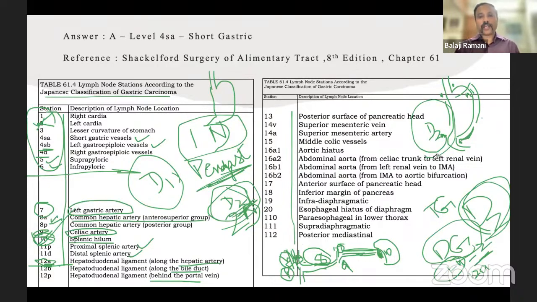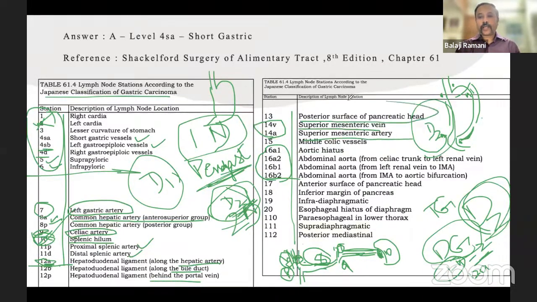Nowadays, of course, people are expanding it. They are going even till level 16. 16 is again a common question. 16, A1, A2, B1, B2, all these are paraaortic nodes. Level 16 is going to be your paraaortic. The other question that will be asked is with regard to your 14. 14 is going to be your superior mesenteric artery and vein. Okay, so superior mesenteric artery and vein will be your 14, and posterior pancreatic